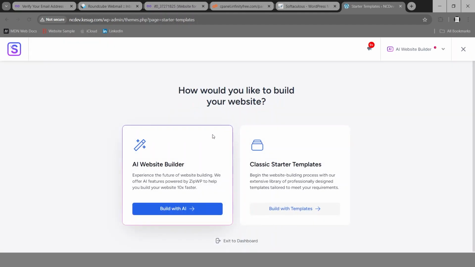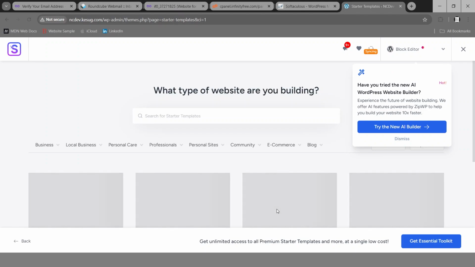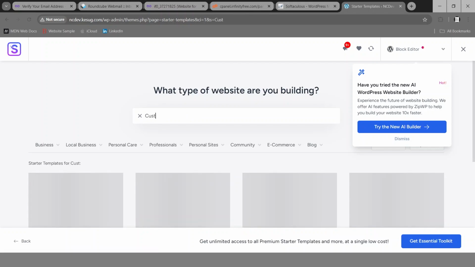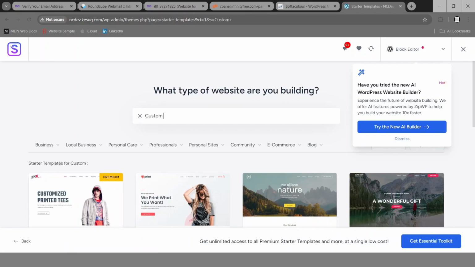So yeah, and then you're going to have this page which is how would you like to build your website. So you have an option to use AI website builder, but we don't want that one. We're going to go with a classic starter website. So we're going to build our theme in that. So okay guys, after clicking that, you will land on this page, and on this page we're actually looking for a specific template. So we're going to type custom printing,